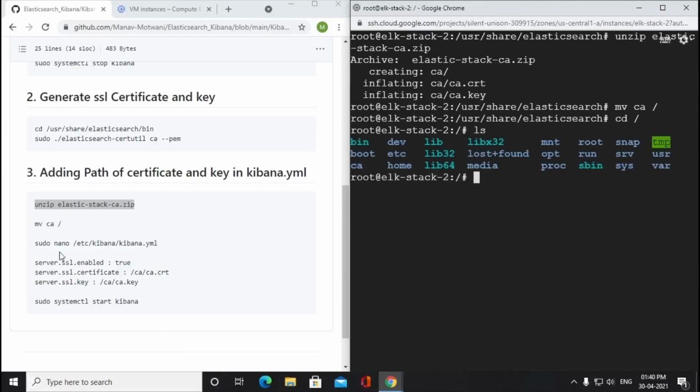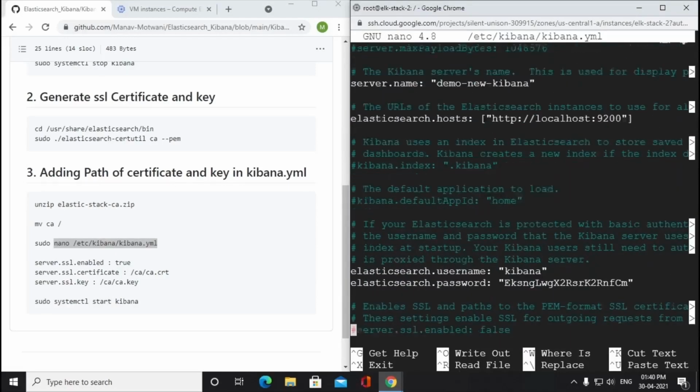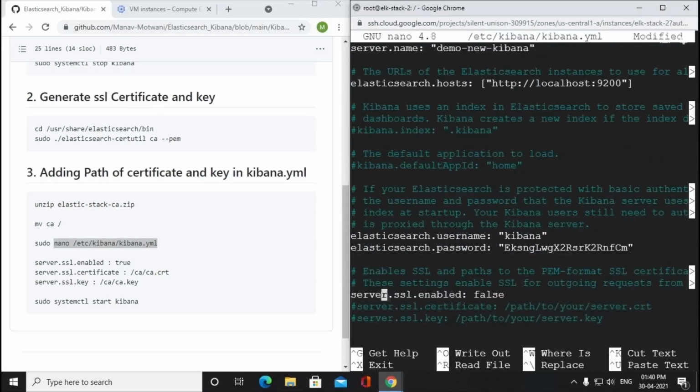After doing that, we will go to the Kibana YAML file and enable the SSL, set the SSL to true, then provide the path of the certificate we just generated. So ca.crt and ca.key.